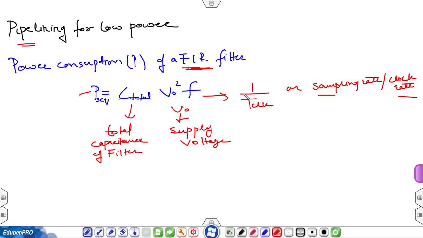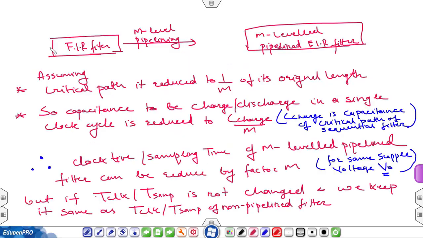So F is also equal to 1 by clock period. So this FIR filter is transformed to an M level pipelined FIR filter, and we have to make certain assumptions for calculating the power reduction. The first assumption is that the critical path of this pipelined filter is reduced to 1 by M of its original length, where M is the level of pipelining. So after performing M level pipelining, the critical path of this system will be reduced by 1 by M of its original length, and